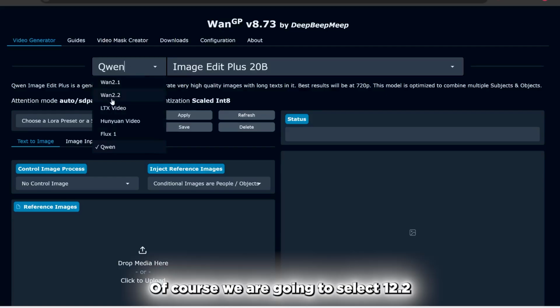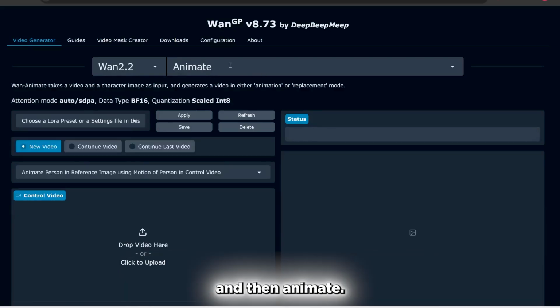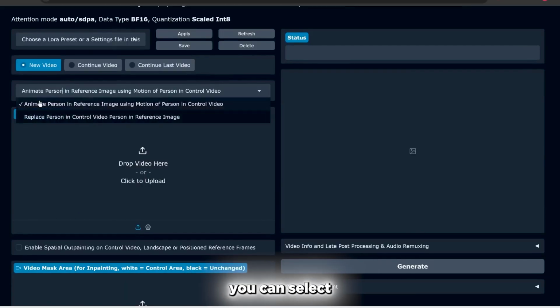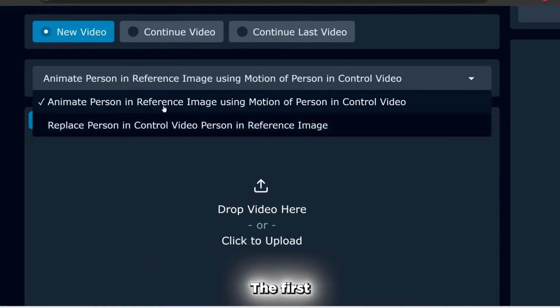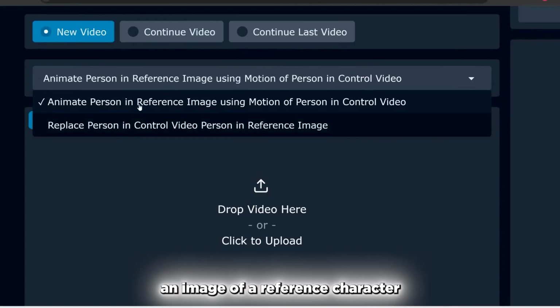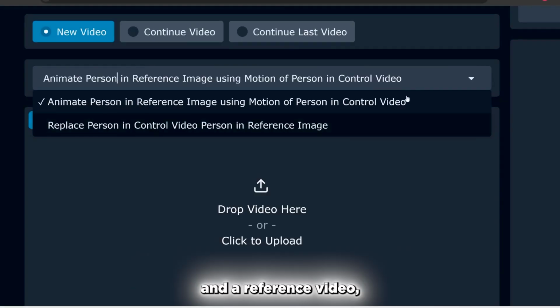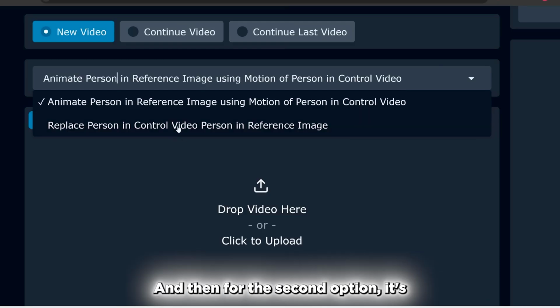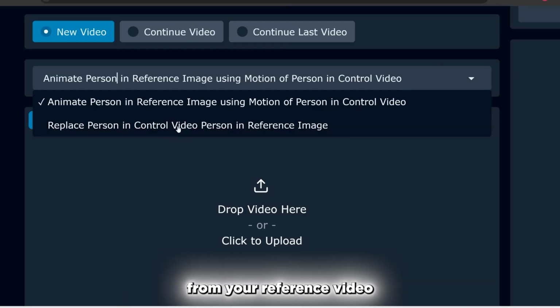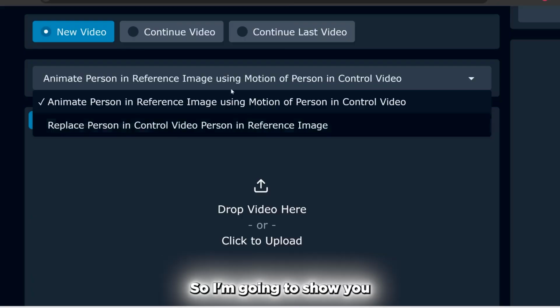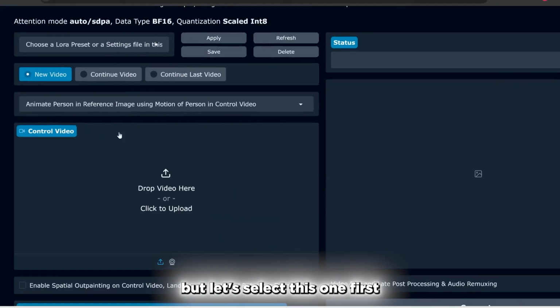Anyways, back to here, of course, we are going to select WAN 2.2 and then animate. And then over here, you can select from two different options. The first option is where you would upload an image of a reference character and a reference video, and it would basically apply the movements of that video onto your new character. And then for the second option, it's basically going to keep everything from your reference video, but just change the character in the video. So I'm going to show you both options in a second, but let's select this one